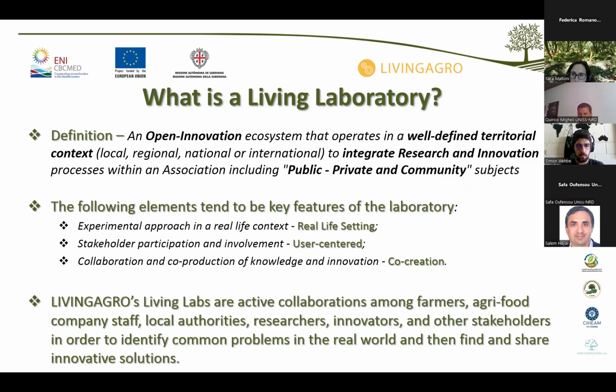stakeholders. The key features are the real-life setting, so we have pilot trials, user-centered, so we ask end users what they need in terms of innovation, and this co-creation approach. So Living Agro Living Labs are just active collaborations between farmers, industry, local authorities, researchers to try to deliver these